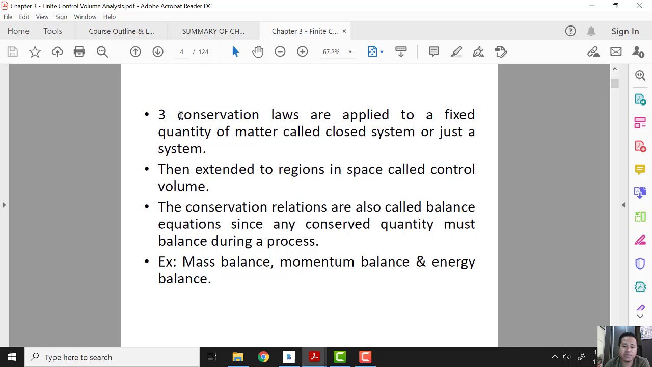The three conservation laws are applied to a fixed quantity of matter called a closed system or just a system, and extend to a region in space called a control volume. The conservation relations are also called balance equations, since any conserved quantity must balance during a process. For example, mass must be balanced, momentum must be balanced, and energy must be balanced. Balance means that